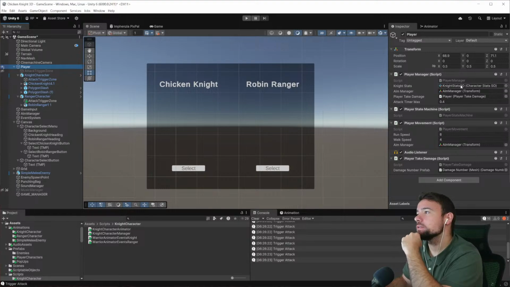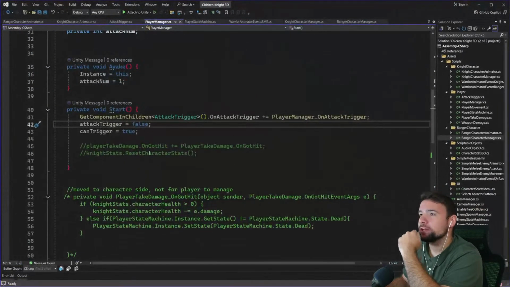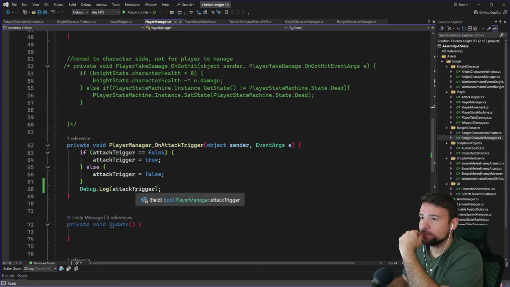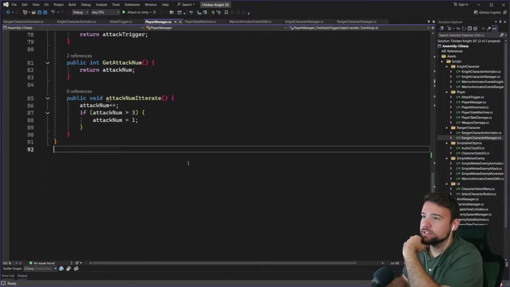Let's see if I can do that quickly. So player manager. Okay, so this is our problem. So let's see if we can just write a function here